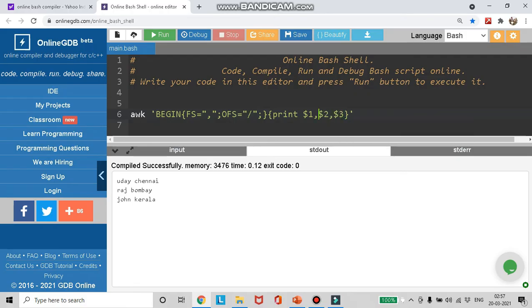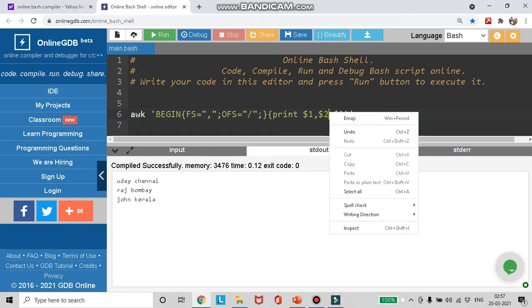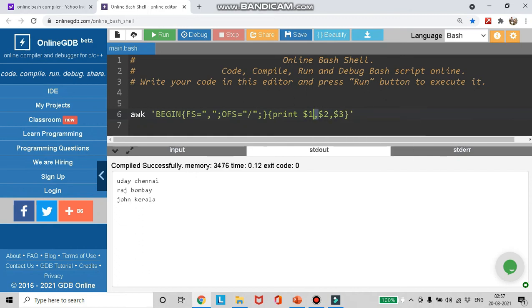In place of these commas, this slash comes into play. That is, the slash replaces the comma. You can see it over here: Uday slash 22 slash Chennai. So this is how it works.